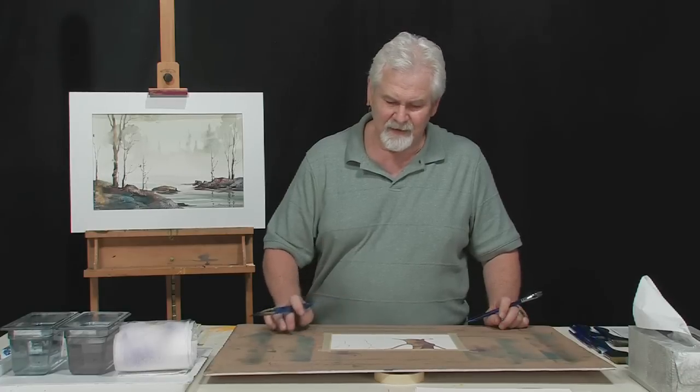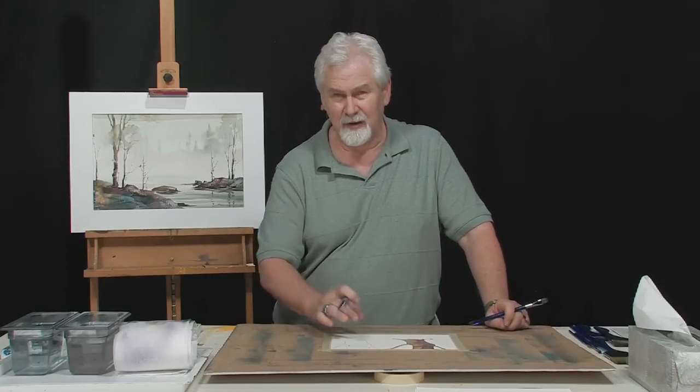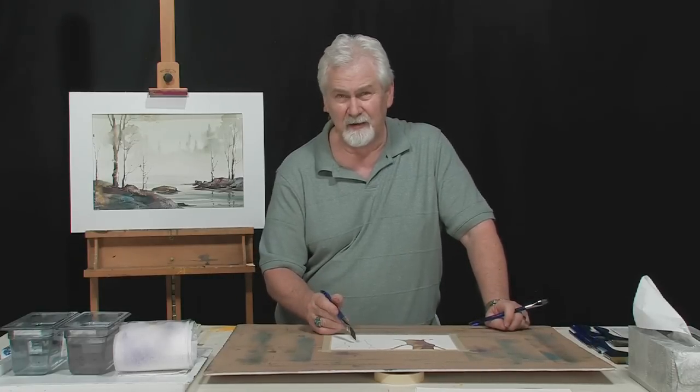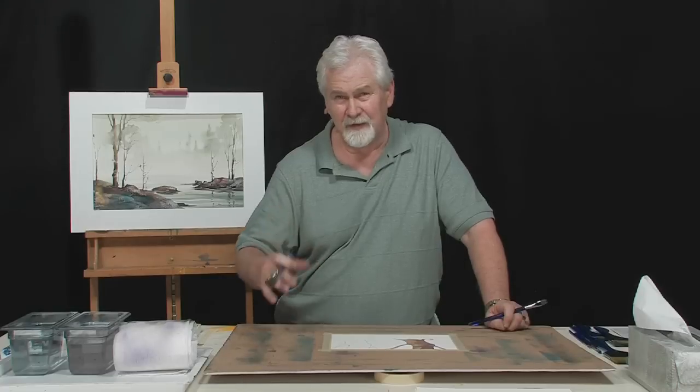In fact, everything I paint nowadays, I make it a point, while the shape is still wet, to take a brush and just drop a few other colors into it, at least one or two, because you get these very subtle nuances of color. Sometimes they're so subtle you don't notice them at first, but when the painting dries and you look at these darker shapes, you start seeing these little warm areas peeking out, or these cool areas peeking out, and these secondary colors and even these third layers of colors start becoming very present. And it's a beautiful technique. The shape, which might have been predominantly flat or monochromatic, now has lots of color variety